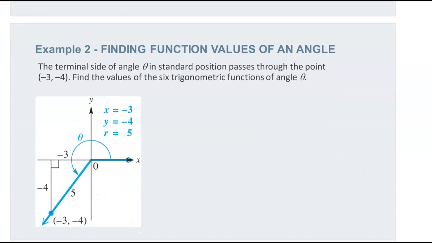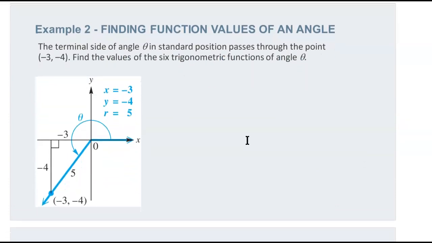All right, here is another example of a point. In this case, the point is in the third quadrant. The coordinates are -3, -4. But similarly, we will use the Pythagorean theorem to find the length of the hypotenuse. There was a triangle here, right? And if we use that Pythagorean identity to find r,